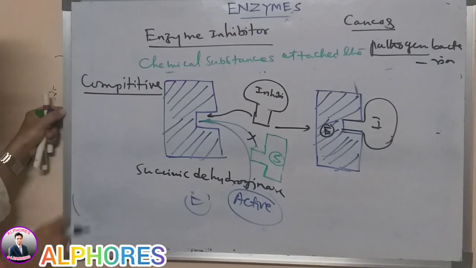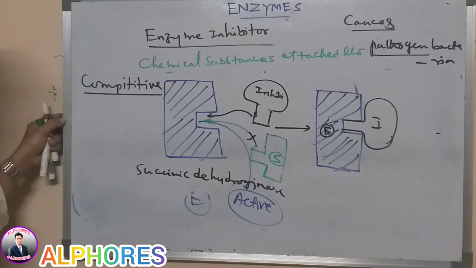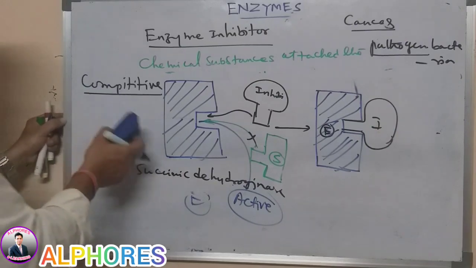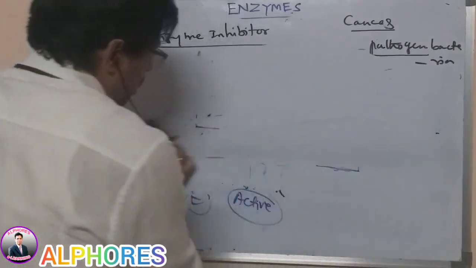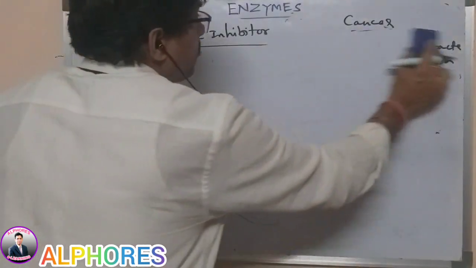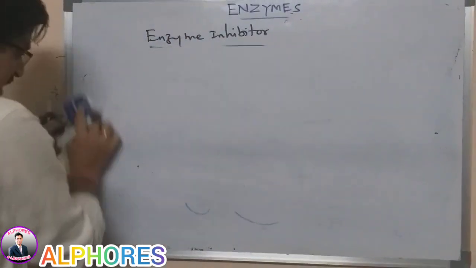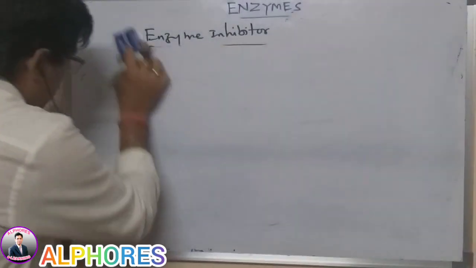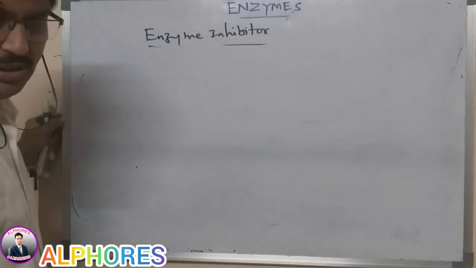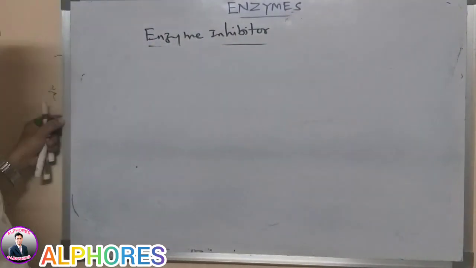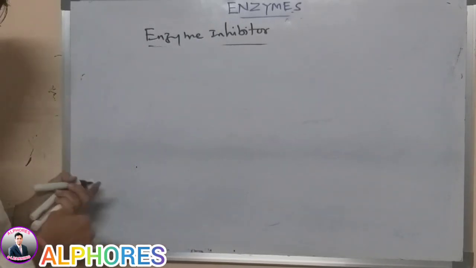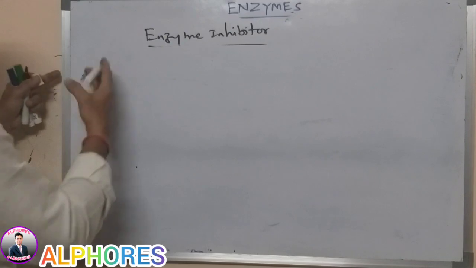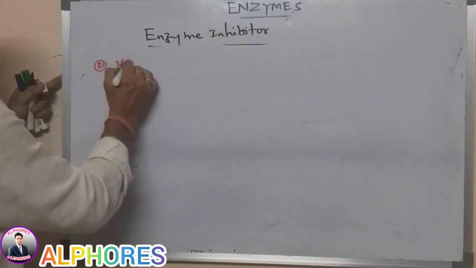This is one of the enzyme inhibitors, called the competitive inhibitor. Some other inhibitors are there. The second one is called non-competitive inhibitors. In the competitive inhibitor, the inhibitor molecule is almost similar to the substrate molecule. But in the second variety, the non-competitive